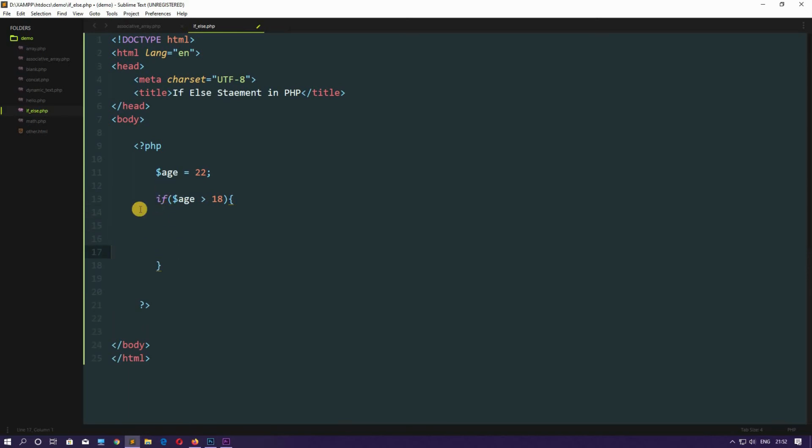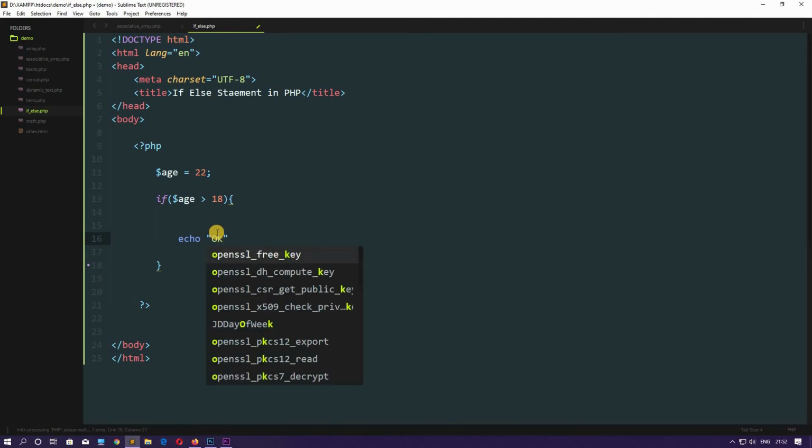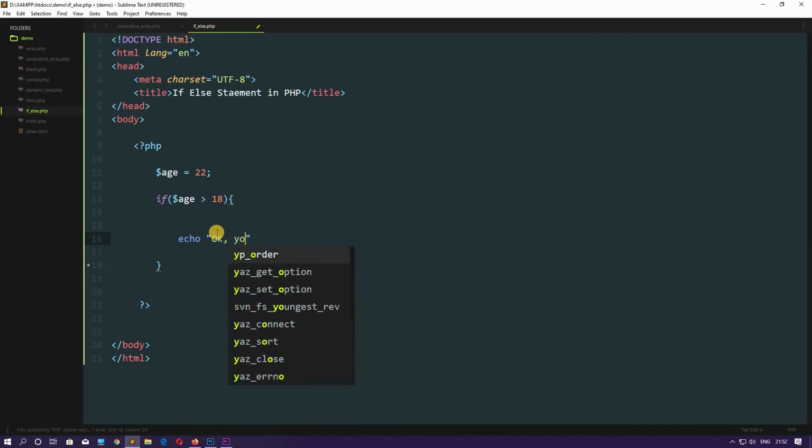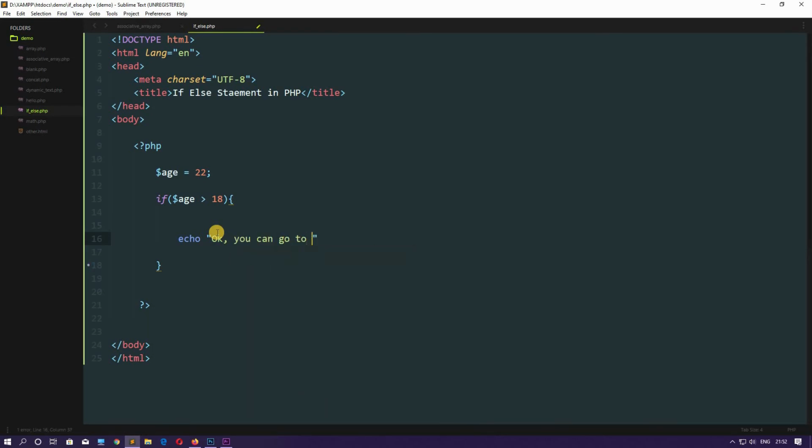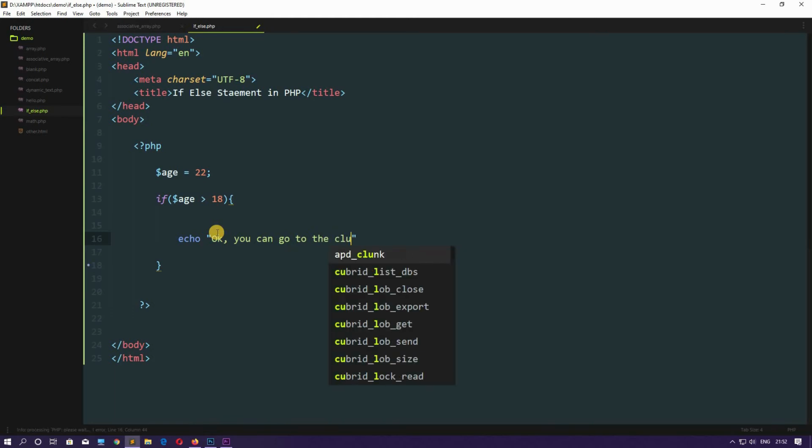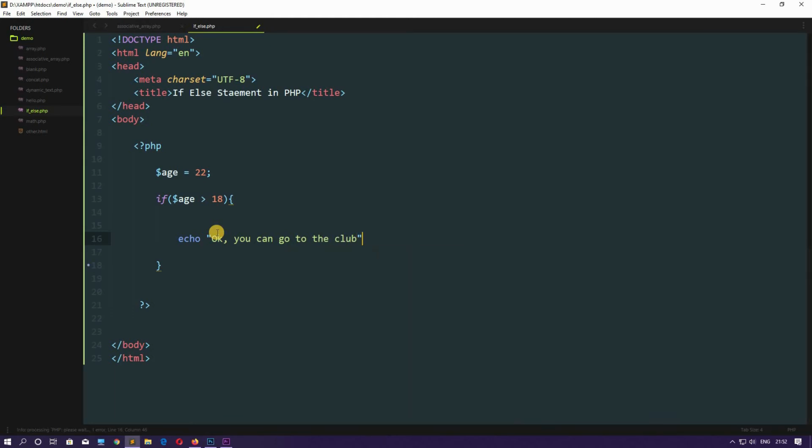Okay, so this area is the area where you will write the logic if this condition is met. So here let me put an echo statement and I will write, you can go to the club, and end this with a semicolon.